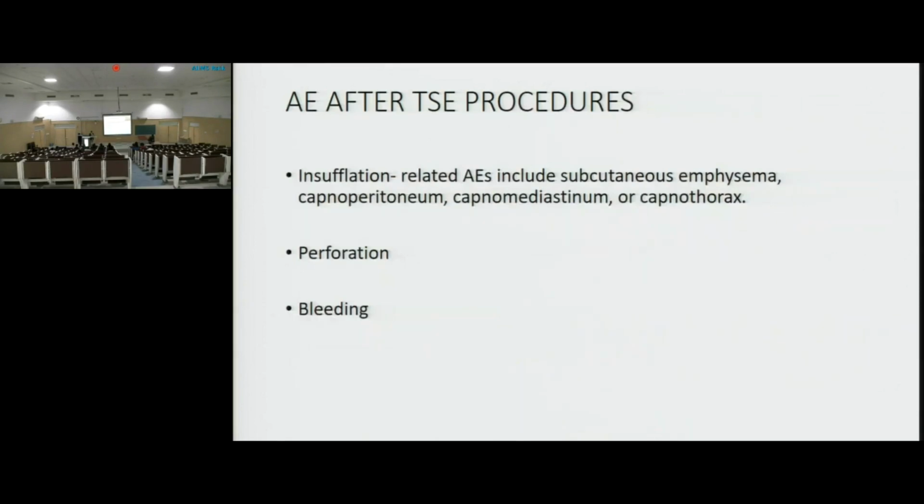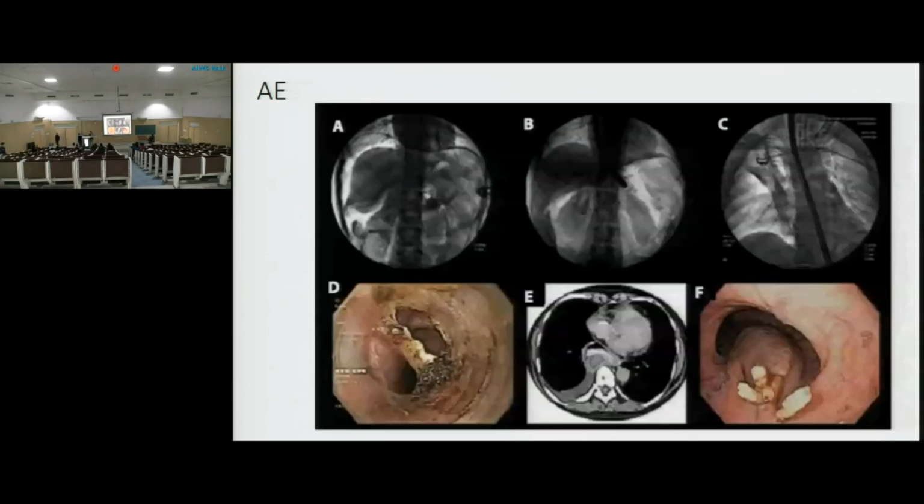Now, talking about side effects, insufflation related adverse events are the most common, like emphysema, in all these patients of POEM. So 3 things before doing POEM you have to see. First and foremost thing, the air should not be used. Again and again you have to check with your technician that the air is off and carbon dioxide is on. Because if you do the procedure under carbon dioxide, you are safe. Then of course the other complications are perforation and bleeding. So these are a few complications which have been reported, like you can see this carbon dioxide,